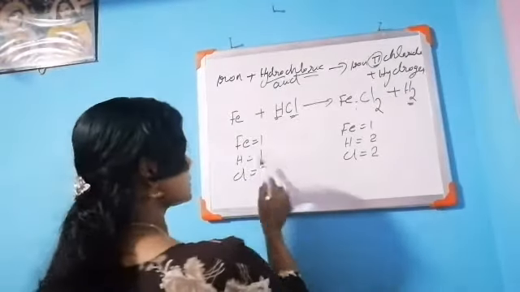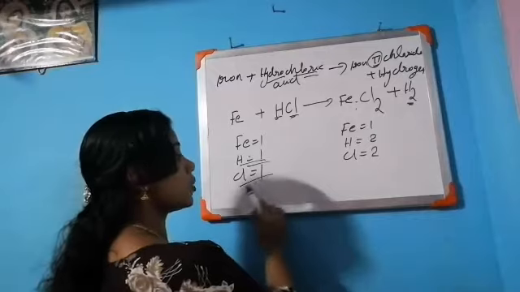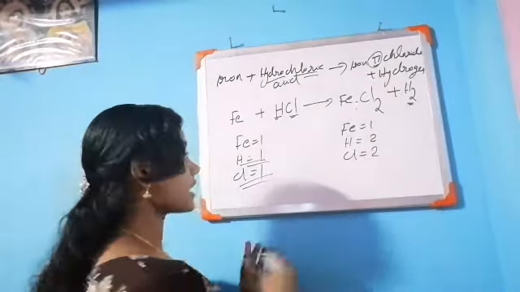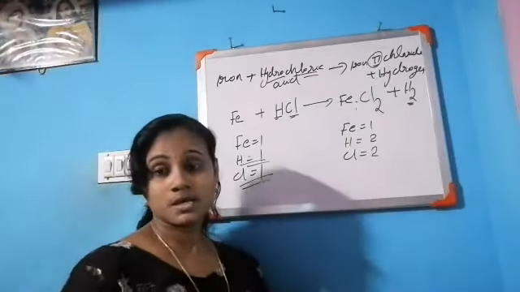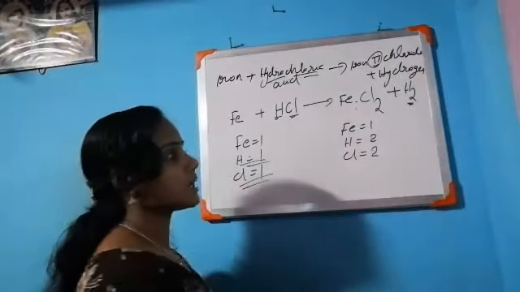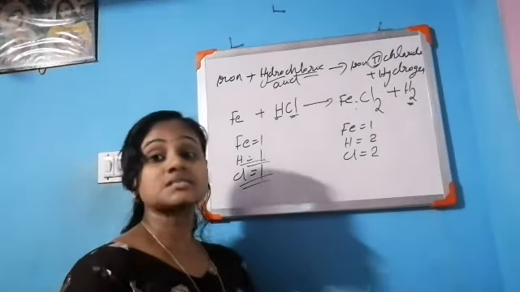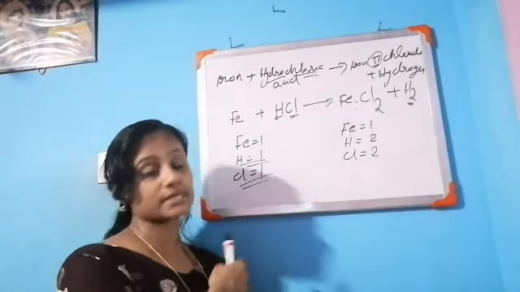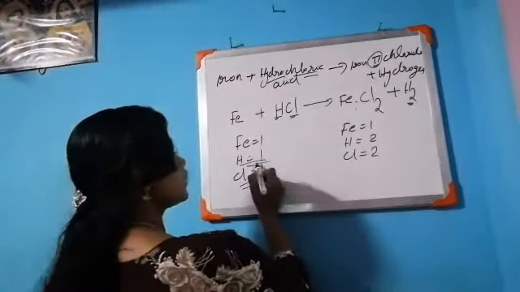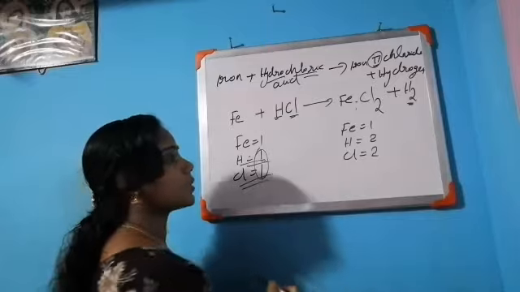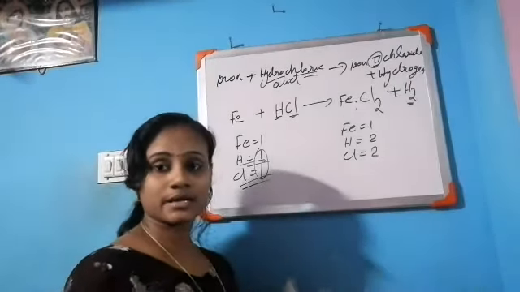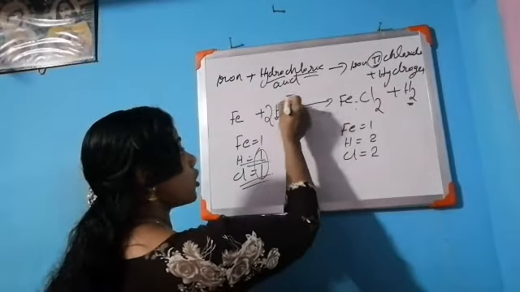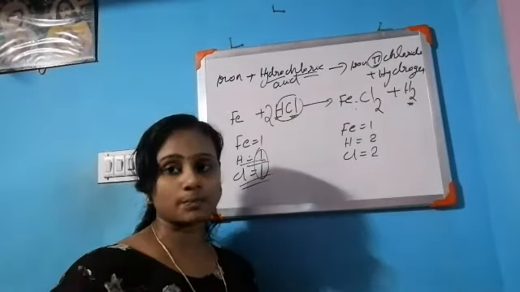Now you check, is this a balanced equation? No, because hydrogen number and chlorine number are not the same. Okay, reactant side and product side are not similar. So how can we balance the equation? Which side has less number of hydrogen and chlorine? That is on the reactant side. Okay, so here hydrogen number and chlorine number both are same, that is 1, on the left side. So multiply the left side of that compound by 2.